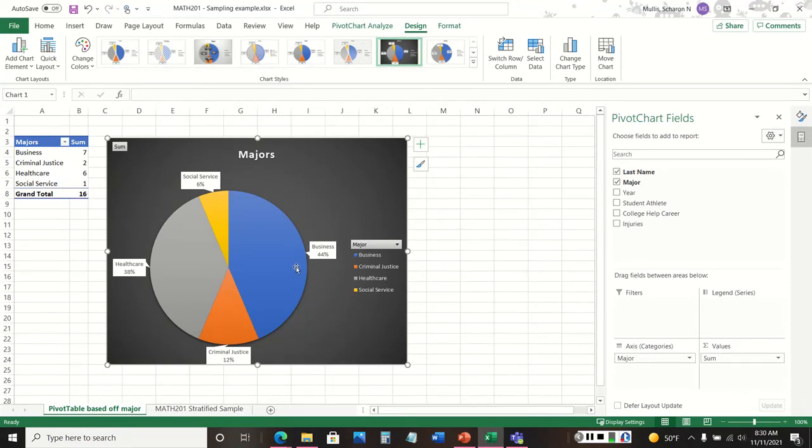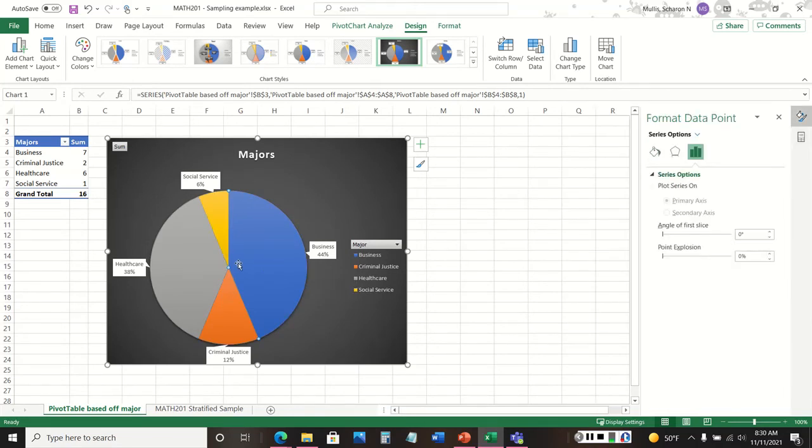All right. And then one last thing I want to do is if you wanted one of these chart entries to be out by itself, you could double click whatever you want. And in the format data area, you have different options, which I won't go through each one. I just want to show you the one that allows us to separate the business major from the whole pie chart. You go to the point explosion option, and you can either move this here and it'll take it out,